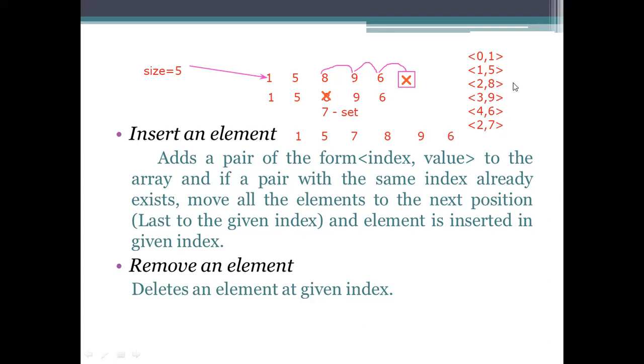A of 2 has to be moved to a of i plus 1, that is considered as a 3. A of i plus 1, this third one has to be moved to the fourth one, and the fourth one has to be moved to the fifth position. Yes? So these operations have to be done first.